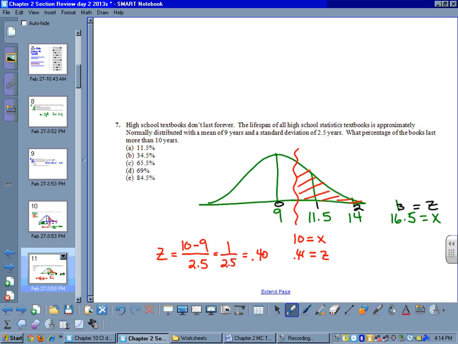So I have a Z-score of 0.40, which fits in between 0 and 1 here, so I'm feeling pretty confident about that. When I go to look that up on the table, 0.40, I get to the left of that